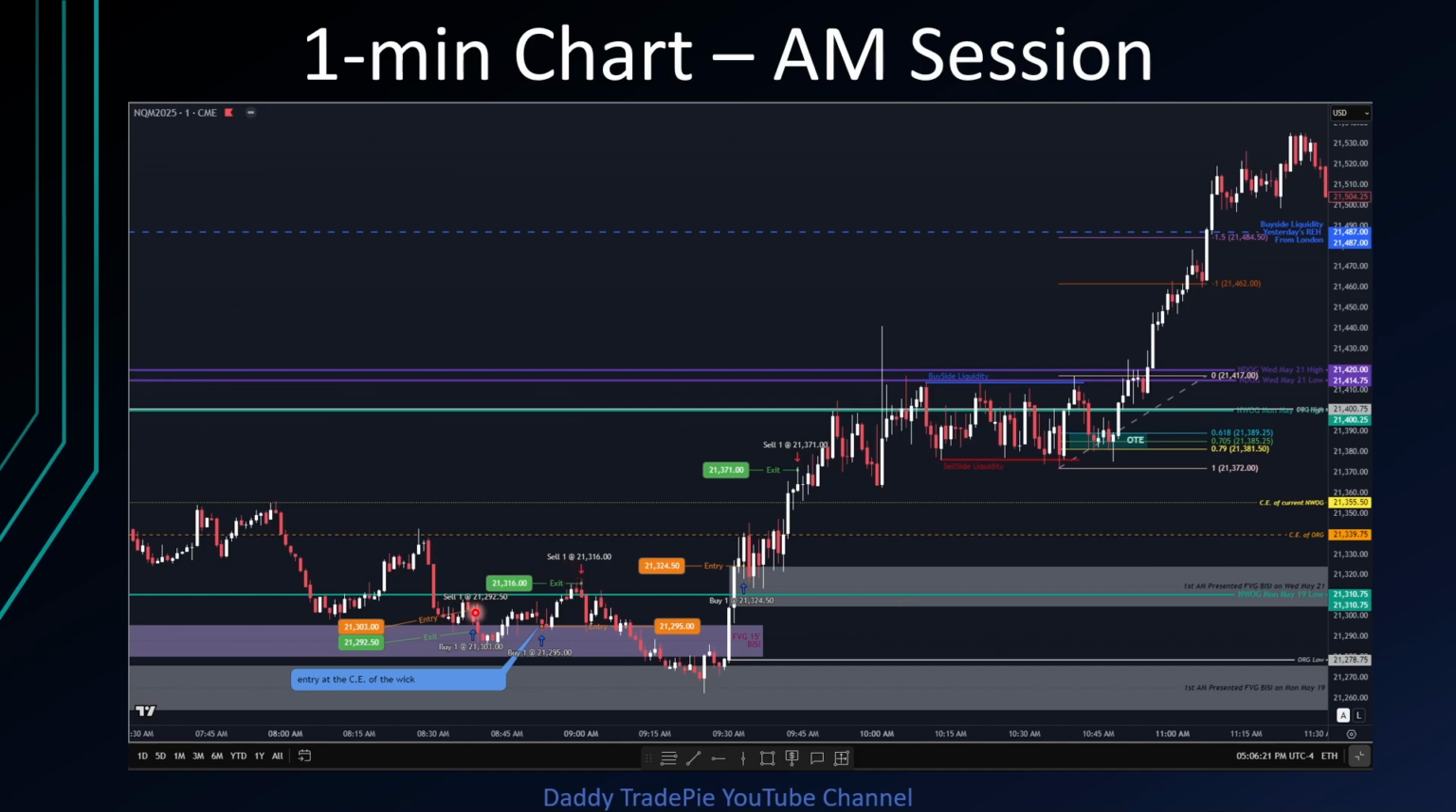Over here you can see that I highlighted this 15-minute BC inefficiency, and you see the market traded into this inefficiency in the 1-minute chart. After that, it started selling off toward the 15-minute fair value gap. The bodies were respecting the consequent encroachment of the 15-minute fair value gap from above, and then we started going